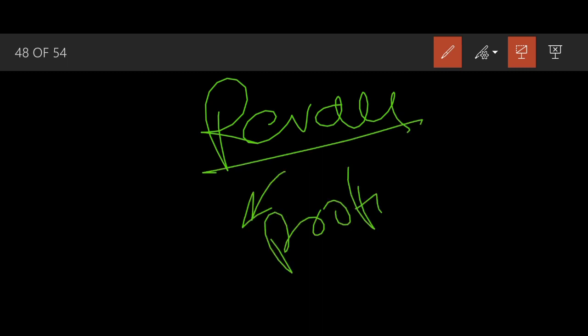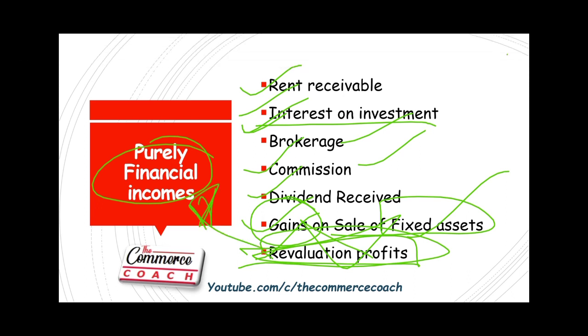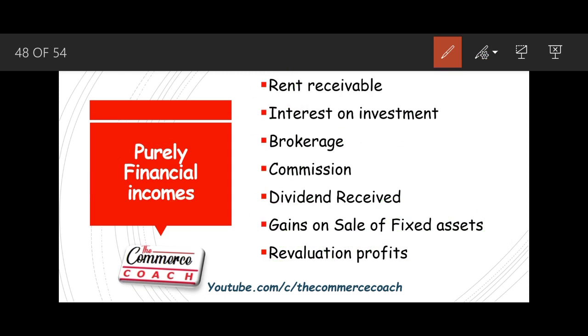Revaluation profits. So as we know, if we prepare a revaluation account, we can see that there is a profit on revaluation of assets if a partner admits. If a partner admits, then in partnership accounting we prepare a revaluation account. In the revaluation account, the figures are theoretical. Basically there is neither a cash inflow nor outflow, but we can see revaluation profits, and then we will divide such revaluation profit to the partners' capital accounts, but this will not be recorded in cost sheet. Revaluation profit will not be recorded into cost sheet because it is a purely financial income for the business, or I can say it is an indirect income for the business.